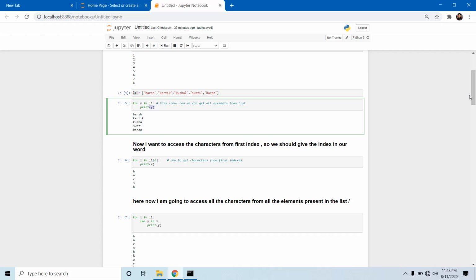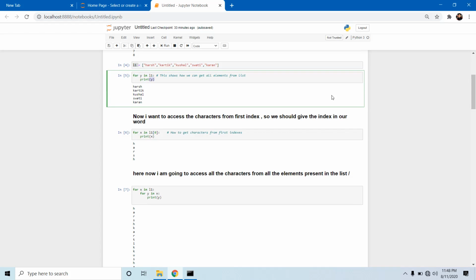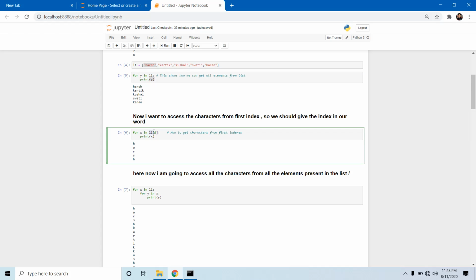Next, I want all the characters from the first index of the list. So I write for x in L1 with the index, and then I print this. So it will take all the characters from the first index.